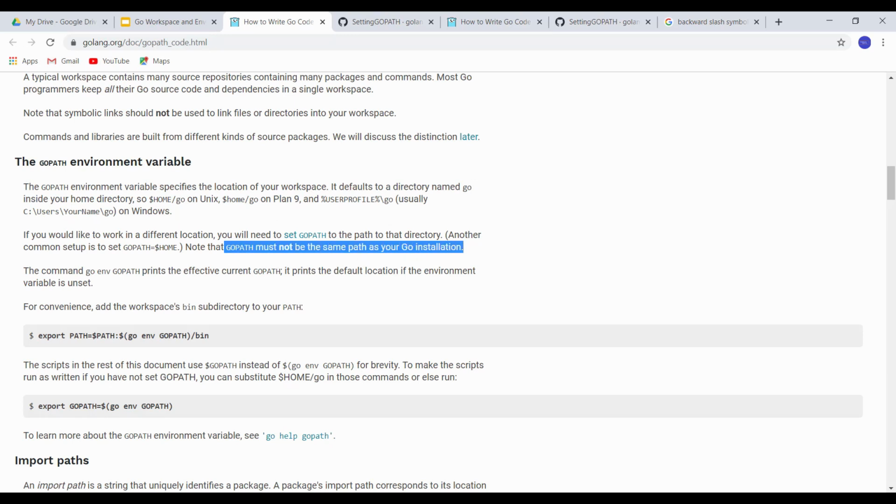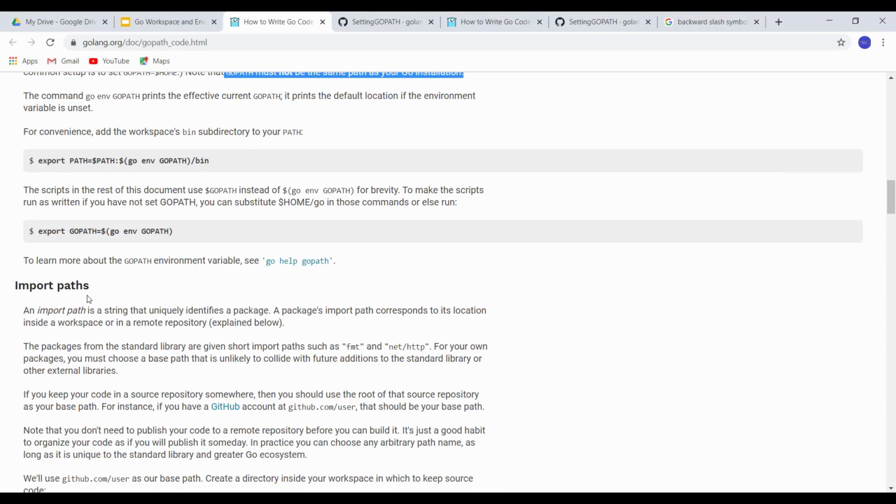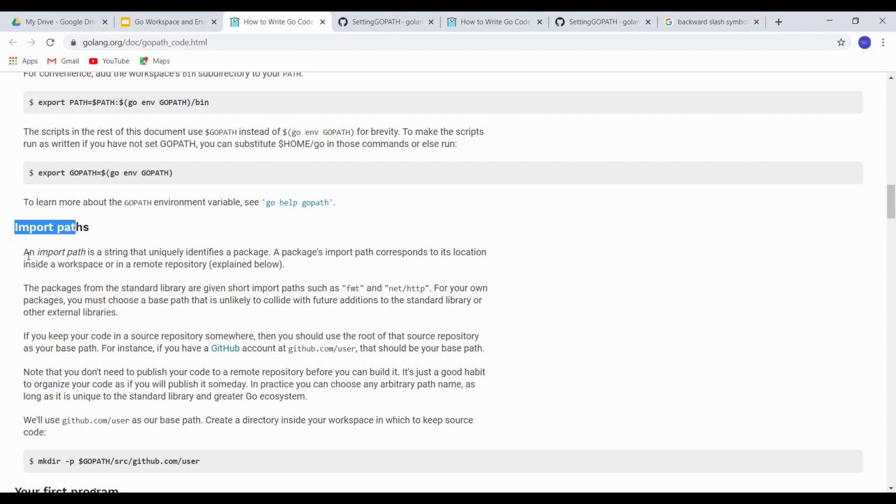As we saw in go env, this is your Go install directory. Your GOPATH must be different from GOROOT. The import path is a string that uniquely identifies a package. The package import path corresponds to its location inside a workspace or in a remote repository.